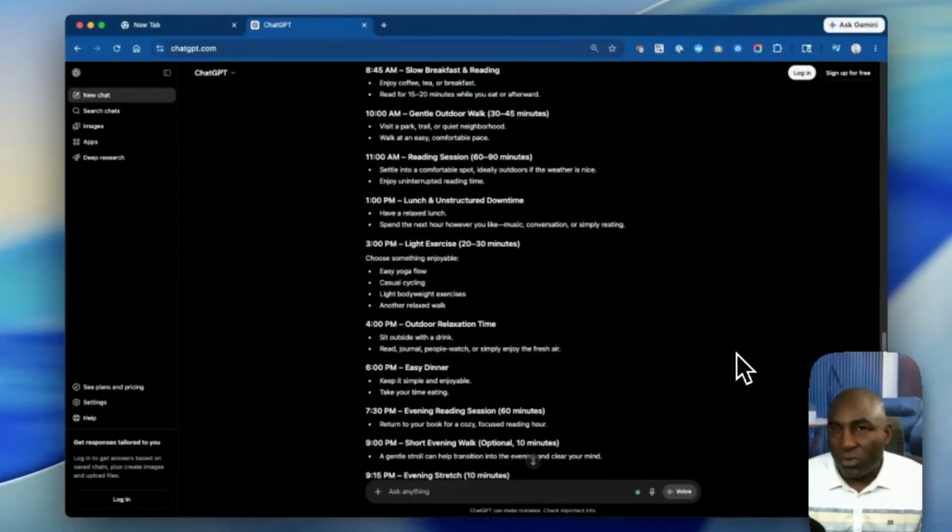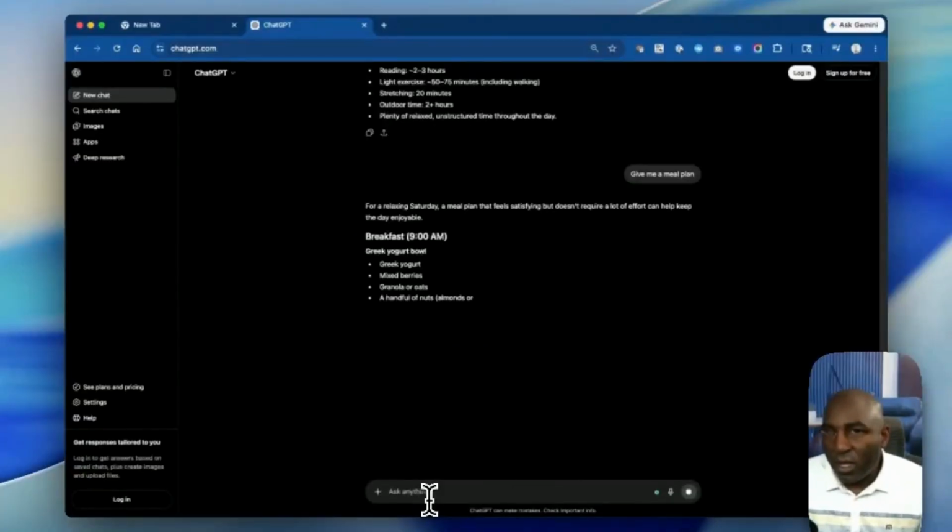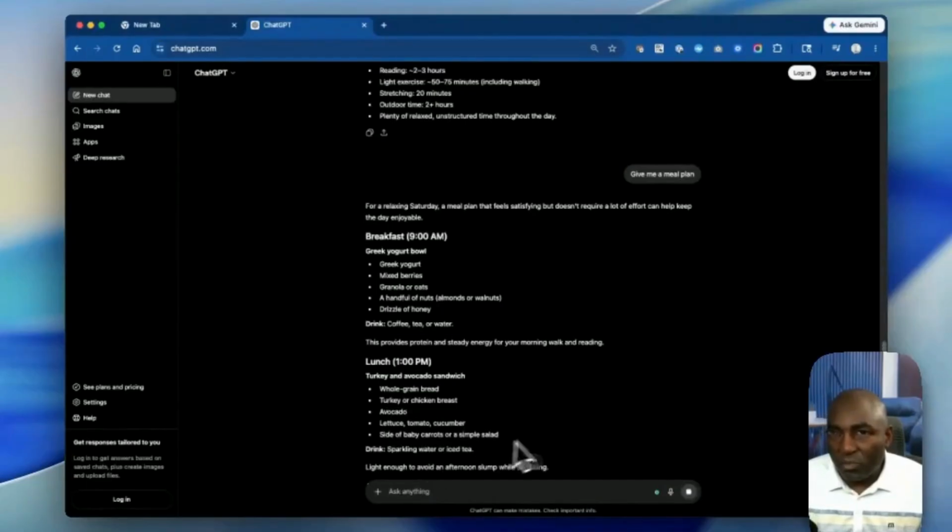That is how you should think about using ChatGPT. It is not just one question and one answer. Yeah? It's an ongoing conversation. The more context you give, the better the response becomes. For example, if you type, give me a meal plan, that is okay, but it's very general. A better prompt would be